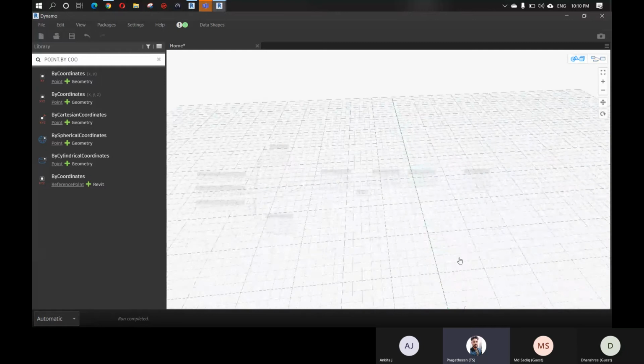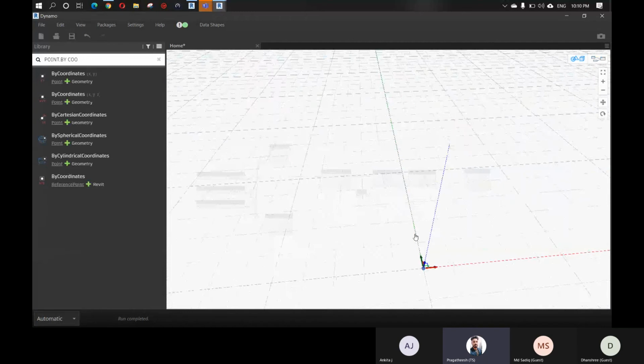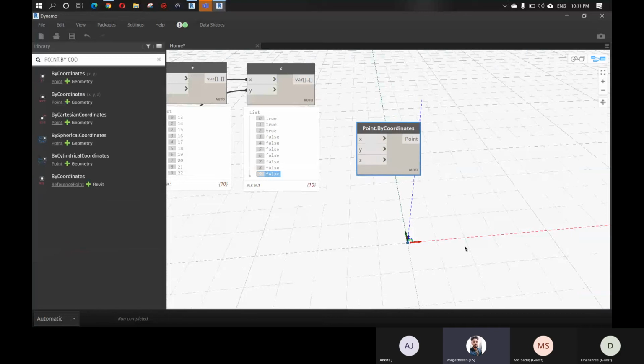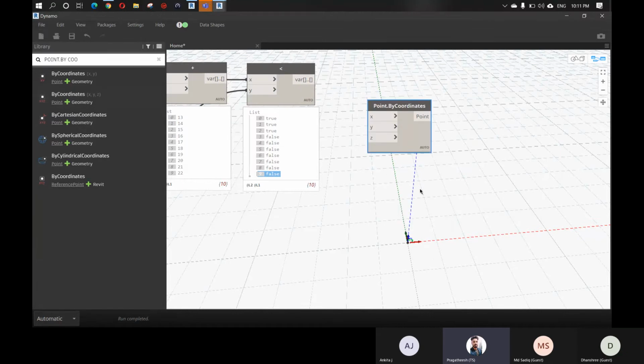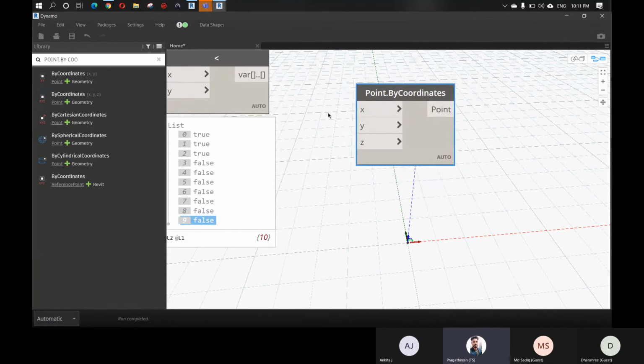So here you can see you have this gizmo, and it is showing all these 3 directions. As soon as I introduce this Point by Coordinates node, this one comes automatically. I'll just delete this. You can see this is gone. I'm bringing this Point by Coordinates again, and you can see this has come. Okay, so first let me explain what it is. It is just creating a point from coordinates. We have the X value, Y value, and Z value. When I hover over these values, you can see it says the default value is 0, which means this node has some default values: X 0, Y 0, and Z 0.